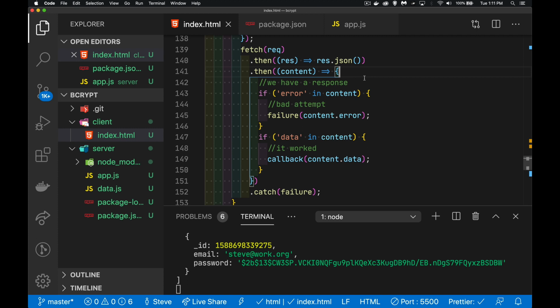If inside of there's something called error, I know it's one of my intentional ones coming from the server, and I'm going to call that failure function again, just like here. And I'm going to pass the error object inside of my content. So this content object, if it's got a property called error, that's what I'm going to send in here. If there's something called data inside of that content, I know that it worked, and I'm going to call my